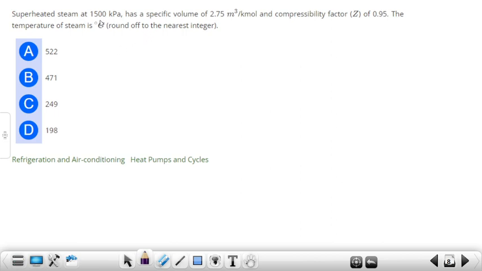So given data: pressure 1500 kilopascal, volume 2.75 meter cube per kilomole, and compressibility factor 0.95. So we know